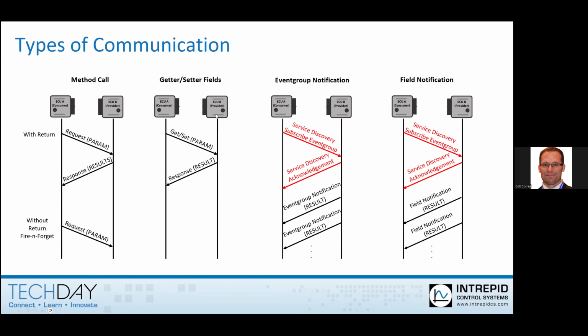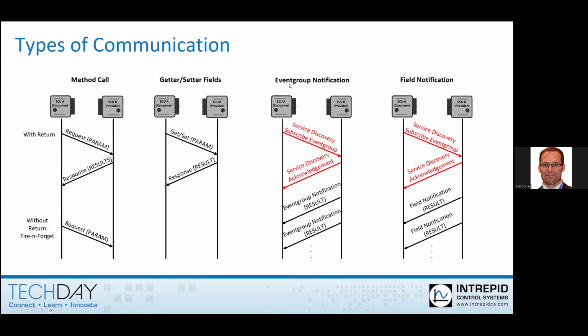Getters, setters of fields essentially just send a UDP message from the consumer to the provider, and you can say get or set, and the consumer then can either set the parameter, which could be a complex parameter again, complex structures and arrays and so forth, and then the provider then will send the result, the optional result. The result again can be complex. So that's simple method call to invoke some functionality inside of an ECU that may have a response or not. Getters and setters will get and set data inside of the remote ECU.